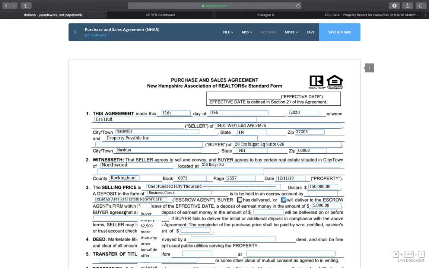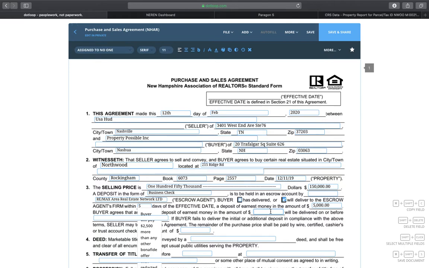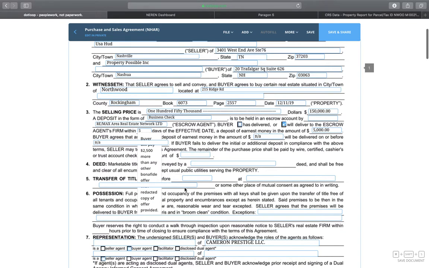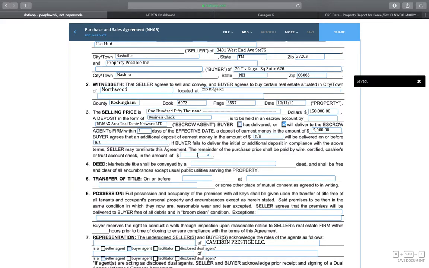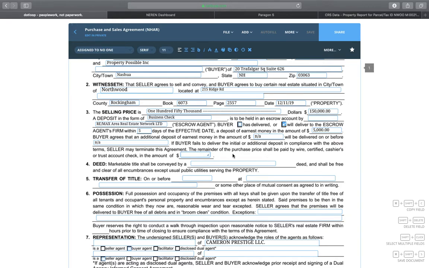Now there's an option here that will give the buyer the chance to deposit more money at a certain period of time. 99.99% of the time we will not be depositing more money on an offer, and I will be auto-populating these boxes with NA. So now let's go ahead and save this. Now it's going to say, once we close on this property, the remainder of the purchase